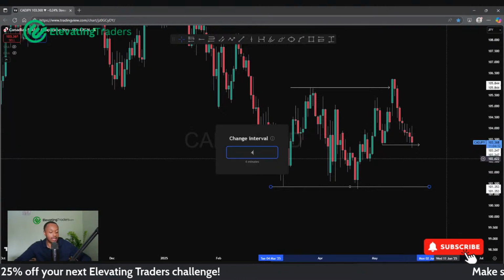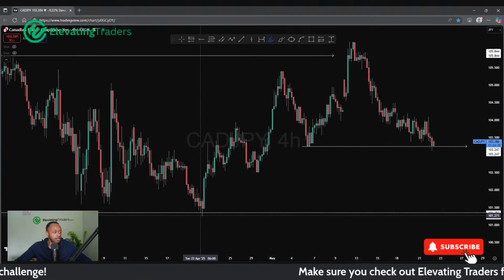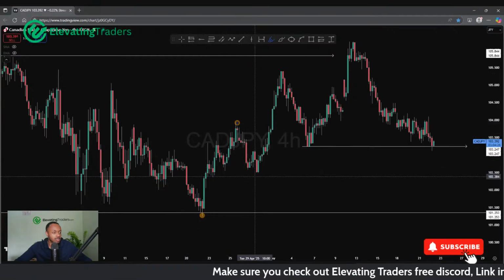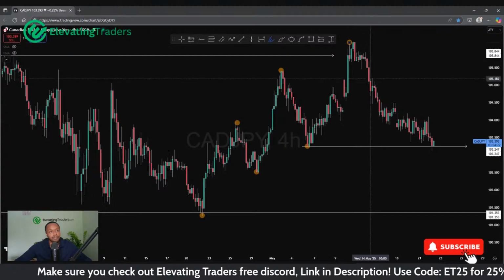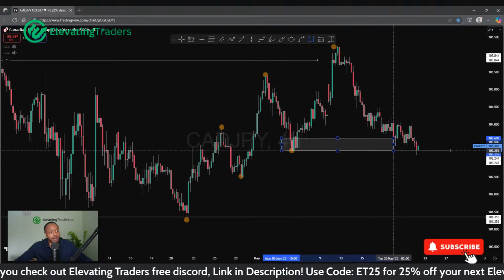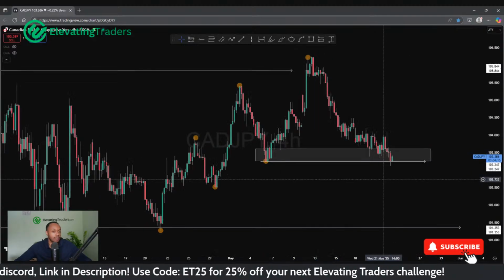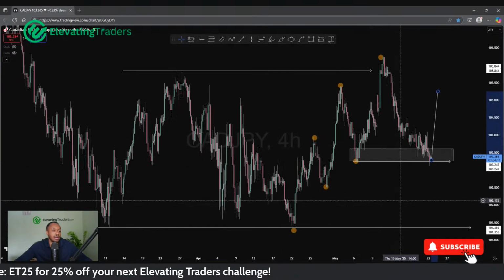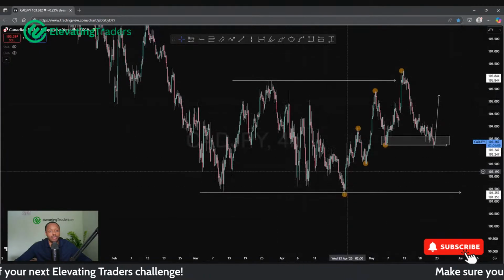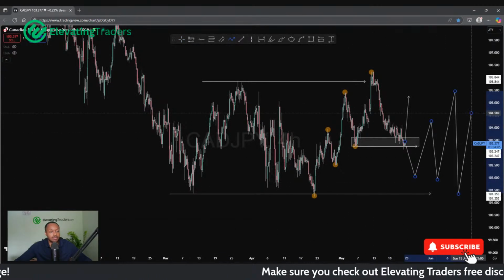But the analysis coming into the week was, okay, we've got some bullish structure here, which potentially price could continue and see some more higher highs and higher lows. Now we come back into the low here. This is the last point of call. If CAD yen is going to push up, it has to be from this area. If price does break through this area, well, I was going to mark this as a range. At that point, I'd probably expect price to do something like this, maybe.